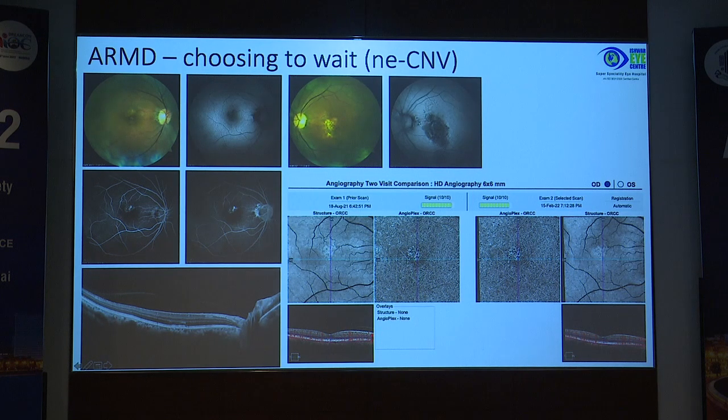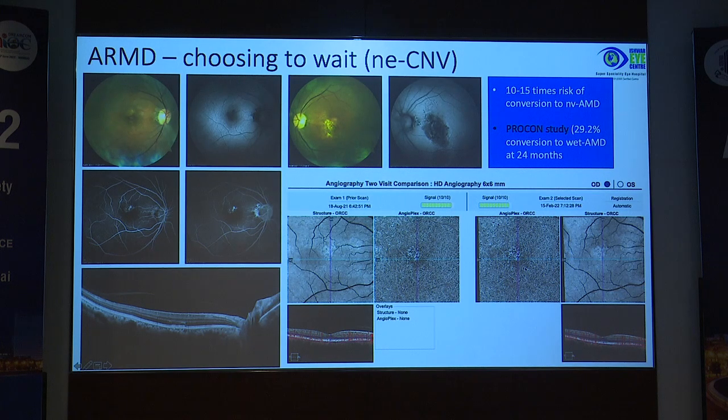And this you can see was in August, and this is in February. So he's on monthly follow-up, and this is the only test we do. We do a OCT and OCTA, and we keep seeing the membrane, and you can see there's hardly been any change. Of course, you need to know that there is a 10 to 15 times risk of conversion of a non-exudative membrane to a exudative membrane, and the PROCON study says around 29% risk of conversion to wet AMD by 2 years. So we need to follow up these patients, but of course, PROCON was to study whether aflibercept helped